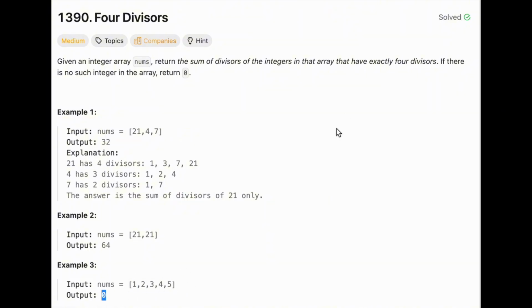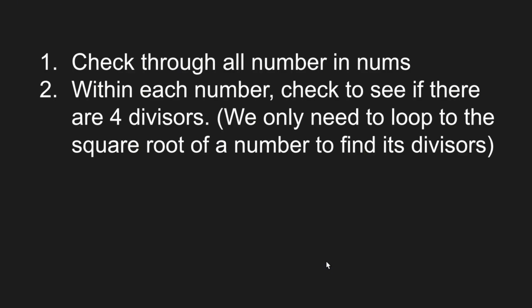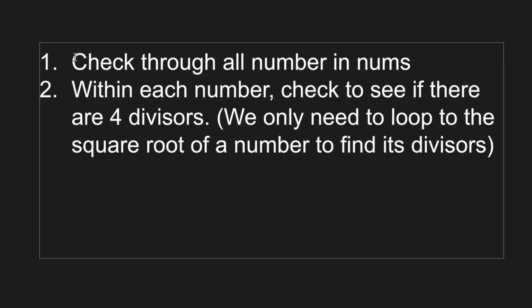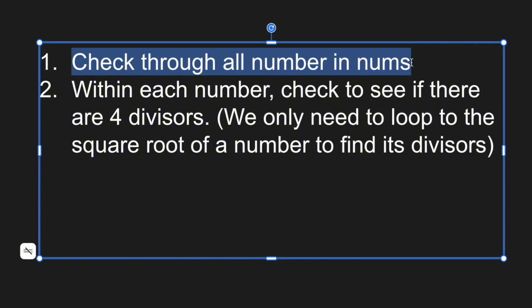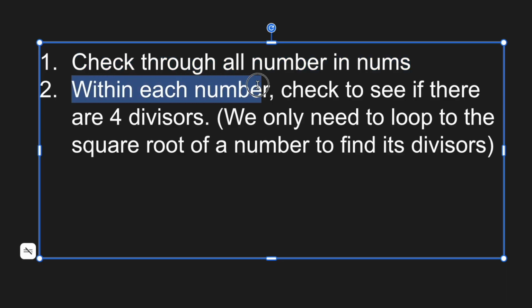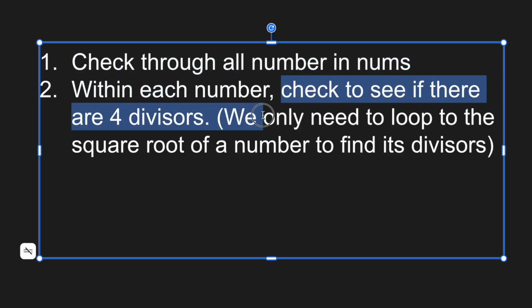So now that we have seen some examples, let's get to how we can solve this problem. To solve this problem, we can use a nested for loop. The first for loop will be to check all the numbers in nums, or in other words, to loop through all the numbers in nums. And the second one would be that within each number in nums, we want to check if there are 4